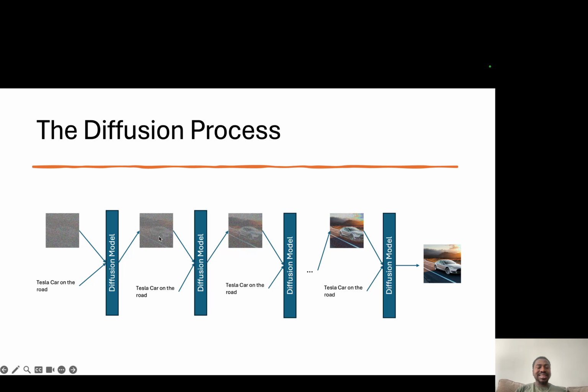image that has some tiny details in it, but not perfect yet. So we take that output plus the text description again, feed that to the diffusion model again, and it produces another version that has some more detail in it. We take that plus the text description, we feed that, we continue that loop until the very end where we have this image and this text description. Feed that into the diffusion model again to give us that perfect image of a Tesla car on the road